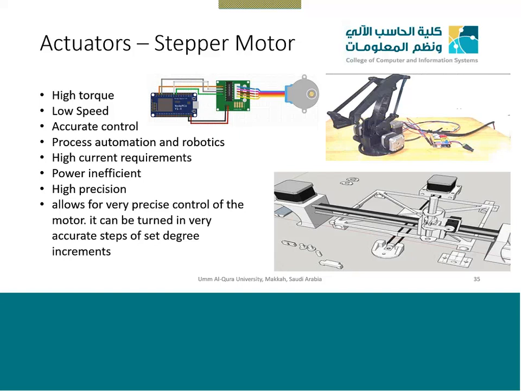Similarly, in the picture below, you see a 3D printer. In a 3D printer, a system is moving left or right to control the flow of the liquid which is printing the item at the bottom. So you don't want it to go out due to some irregularity or inconsistency. We want very accurate control. So whenever you need a slow speed motor with accurate control, and high torque, meaning if we need more power, in these cases we use a stepper motor.